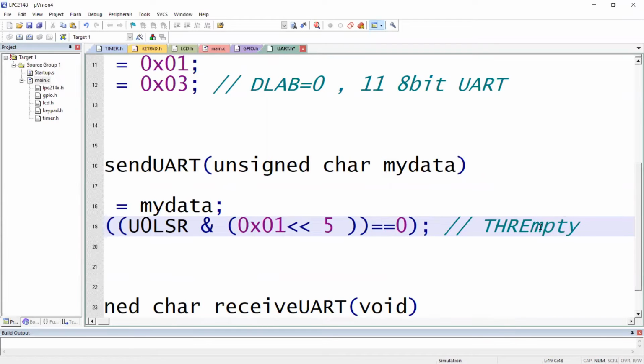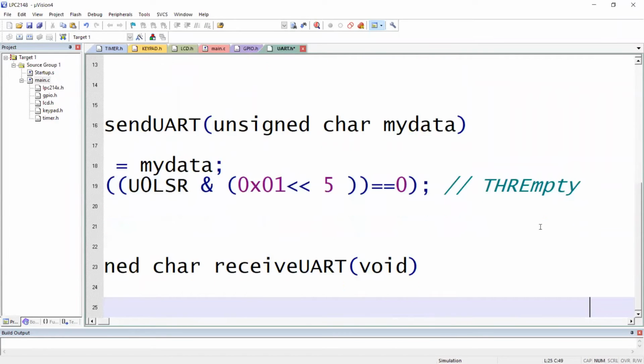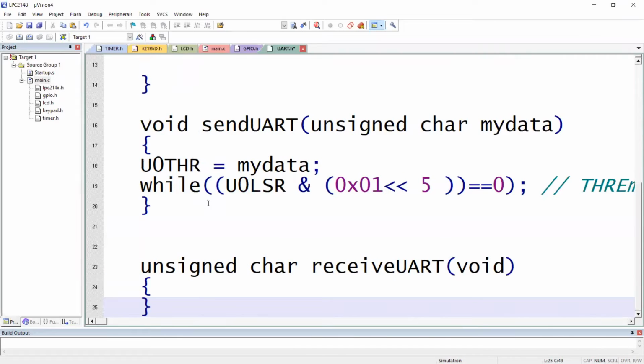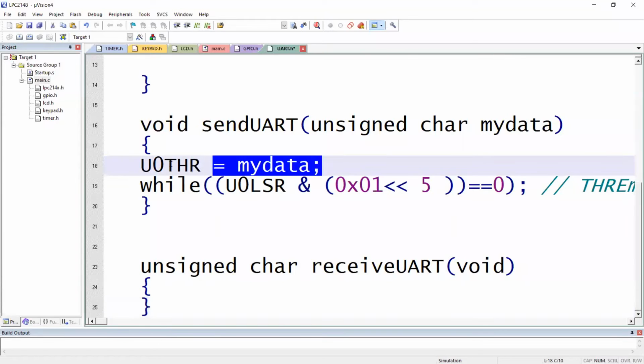That flag will become 1 once the transmit holding register becomes empty. When will that become empty? When the transmission is complete. So I'll check for that flag to be equal to 1. If that is equal to 1, then it will come out of the while loop and I'll go out. So I don't have to worry about clearing the transmit holding register empty flag, because that would be automatically cleared next time when I load a new value to transmit holding. So that is regarding transmission of data.